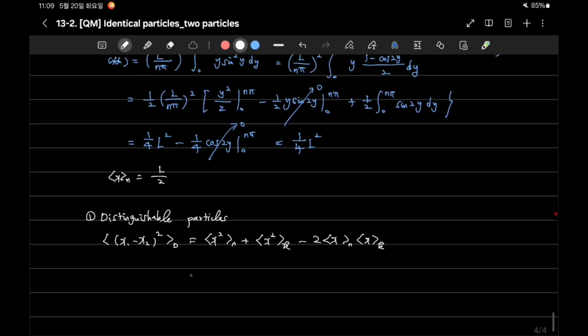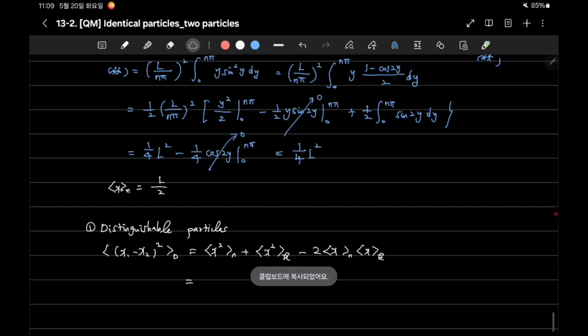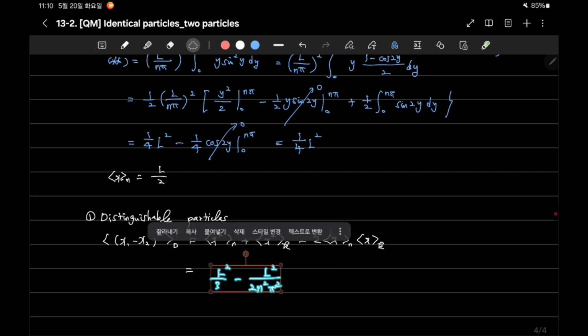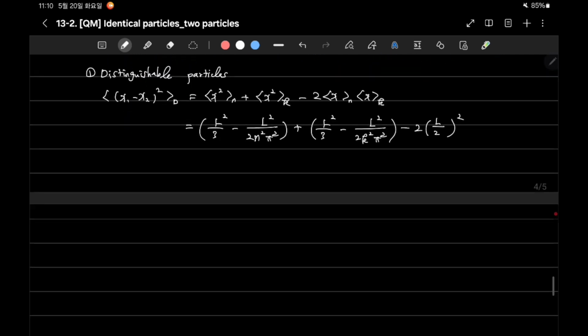Then we already know that x square from here, it is x square plus the same but not n but k, to k square, and minus x n x k, which is 2L over pi square. So it is L square, then